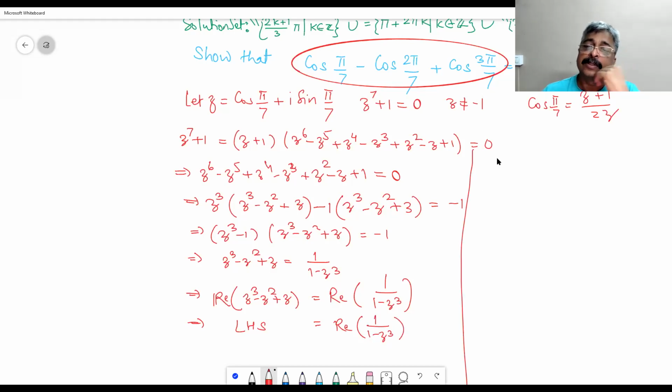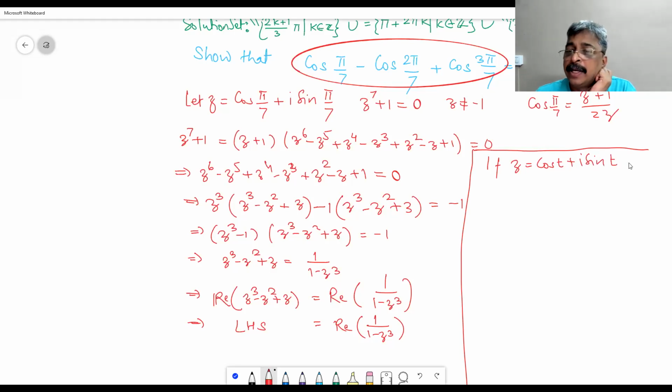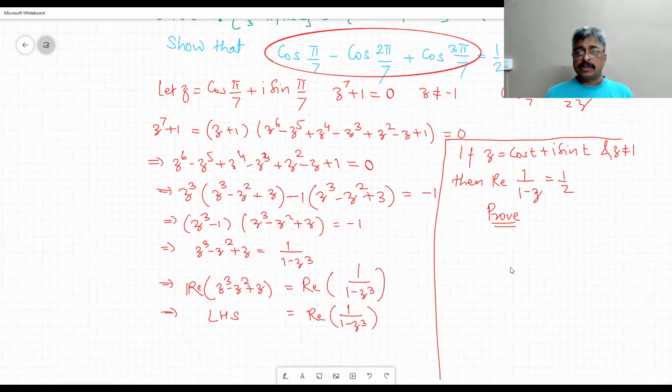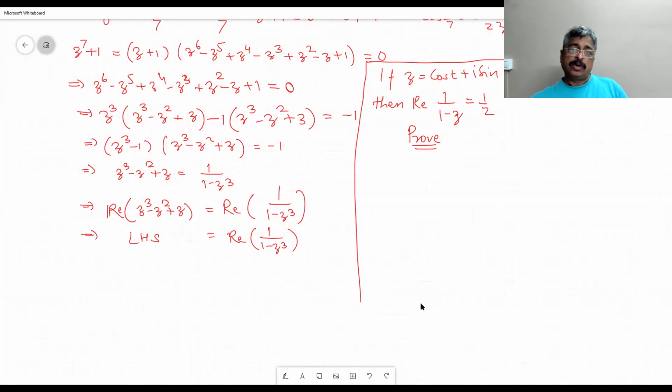Okay, so the lemma or small problem: if z is equal to cos t plus I sin t and z is not equal to 1, then the real part of 1 upon 1 minus z is always half. Prove. 3 minutes. We have to prove the real part of this is always going to be half. What do you do? You write down